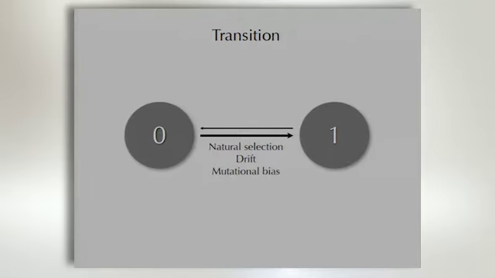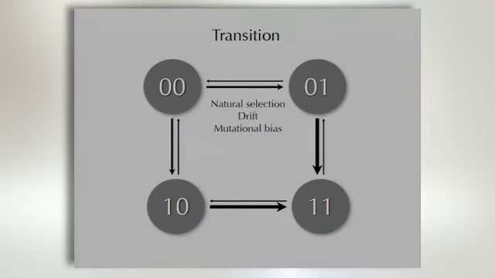Well, we can think about a character in state 0, and every time there's a mutation in that character with the origin of the character state 1, the distribution or the balance of those two character states is going to be determined by evolutionary processes such as natural selection, drift, and reverse mutations. But we're not interested in only 2 characters, we're interested in multiple characters, so we can add in, now we have 2 bivariate characters, 4 possible combinations. Again, these evolutionary processes will determine the distribution of those character states.